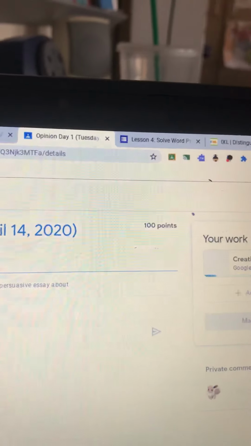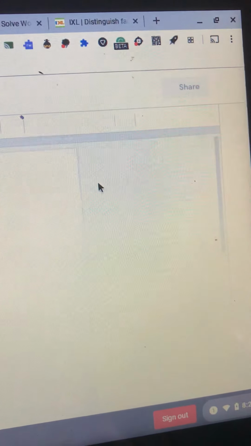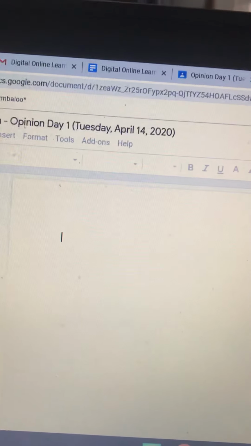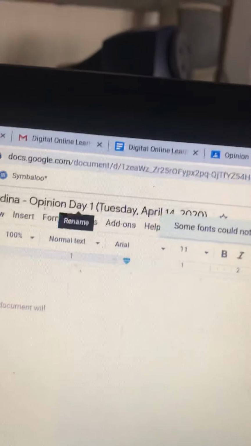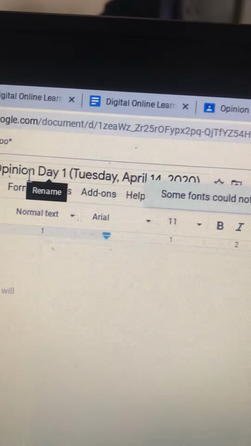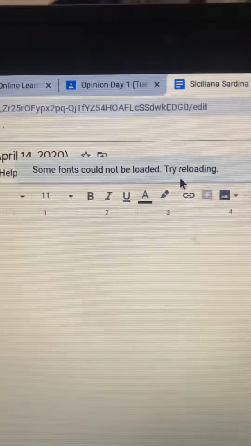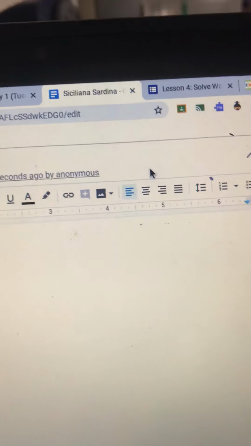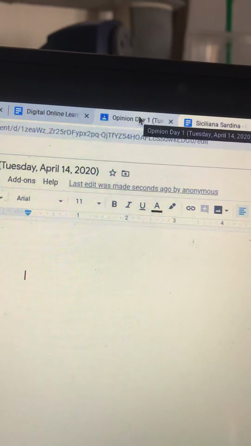It creates the Google Doc for you, and then whenever you're working on this, I can see your work and your progress. So it makes it very, very easy for me to check and see what is going on and how it's working for you. If you do not save it here, notice it even has it saved. See, I'm using yours as an example. Notice opinion 1 has the date on there as well. Anytime it talks about the fonts, just go ahead and dismiss that because you really don't need that. So you should be fine with that as well.